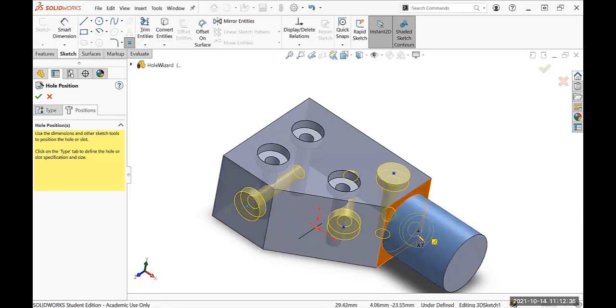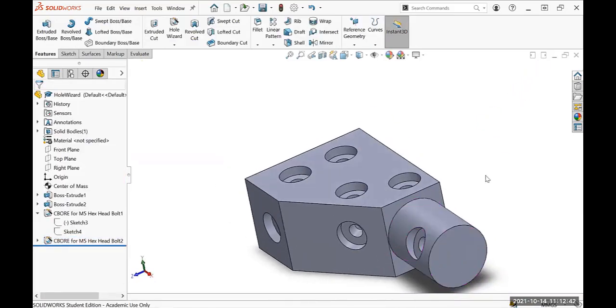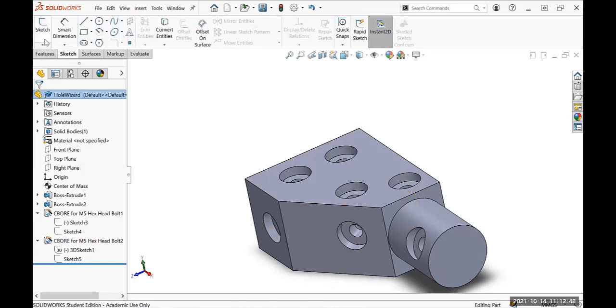surfaces, and also you can add that on the cylindrical surface. Okay, so this is you adding a 3D sketch. There's actually a sketch underneath that in creating a sketch. If you expand that, there'll be a 3D sketch, but we're not going to handle this 3D sketch in this